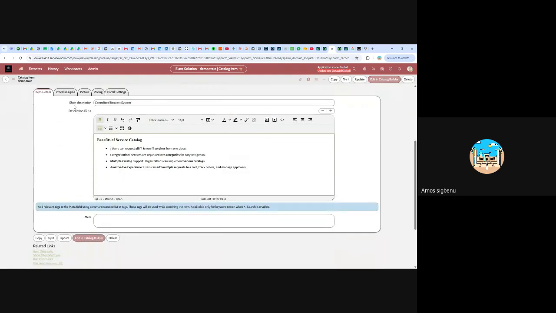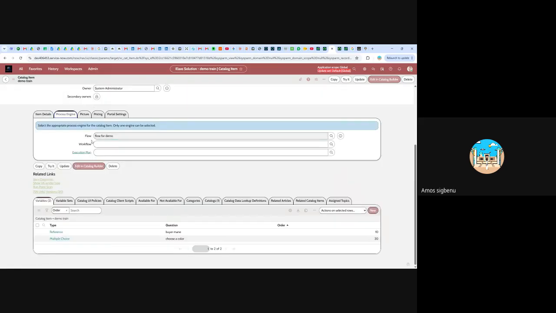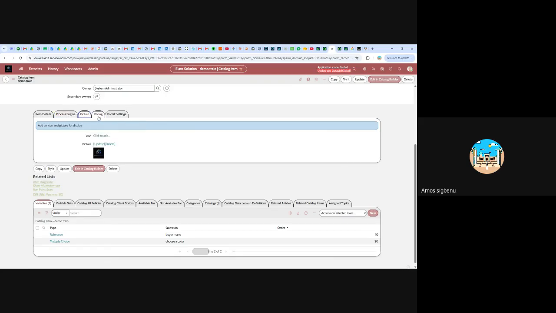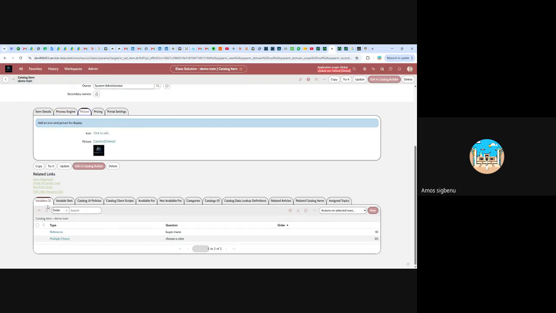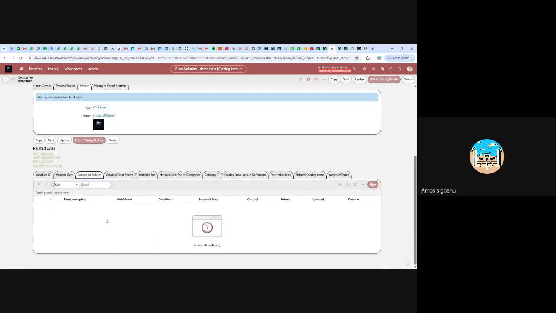Now, after that, the process engine, I've added the flow. I'm going to show you how the flow is created. I'm going to create a flow for you also. You can add a picture. This is pricing. Now, these are variables I've told you about. We're working on